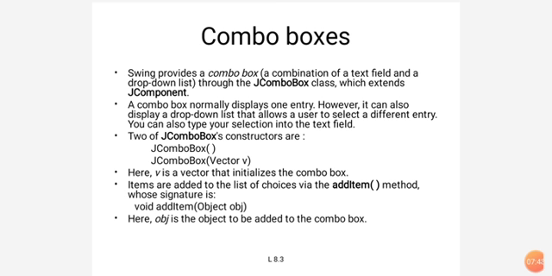Here, for example purposes, we are taking vector v. V is one name for the group of elements. That group of objects will display as a drop down list. If you select the first type of constructor, then only we need to add the items. Otherwise, if a vector is already there with some items stored, and you want to add one more item, then we can go for the other type of method, void addItem(Object obj). So this is one more type of component. You can create this component.